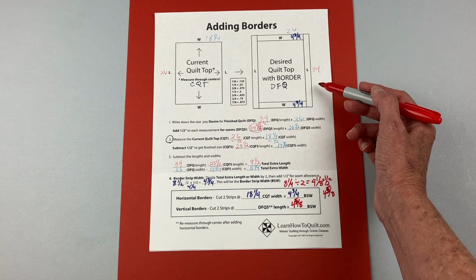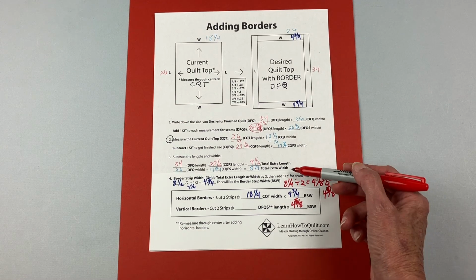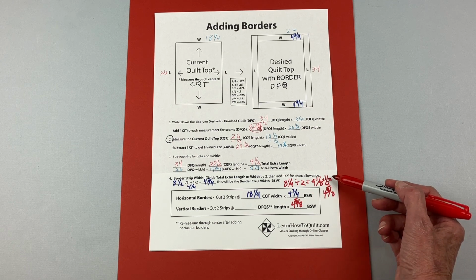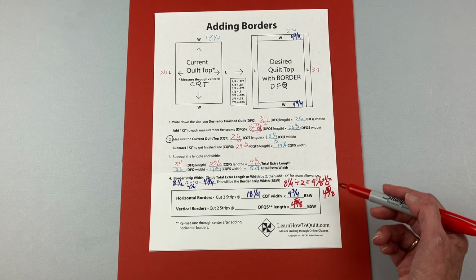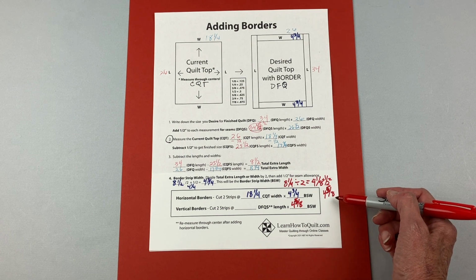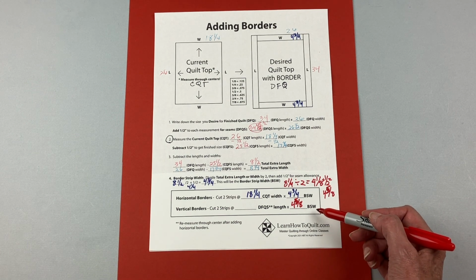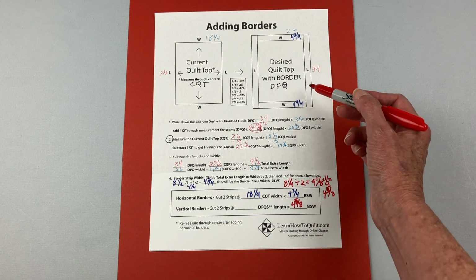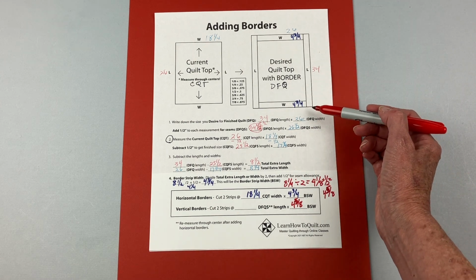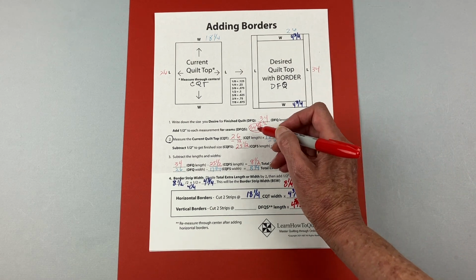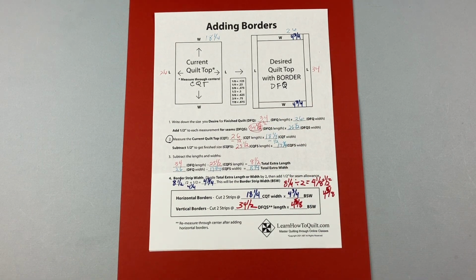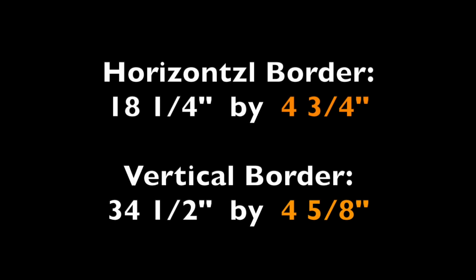To figure out the width of these vertical borders, I took this 8.25 divided by 2, you get 4 1/8. Then I added 1/2 inch for the seam allowances, and I end up with 4 5/8 inches. So the border strip width that I need to cut is going to be 4 5/8 inches wide. The length of these strips are going to be this 34.5 inches. Please note that the width of the horizontal and vertical border will often be different when using this